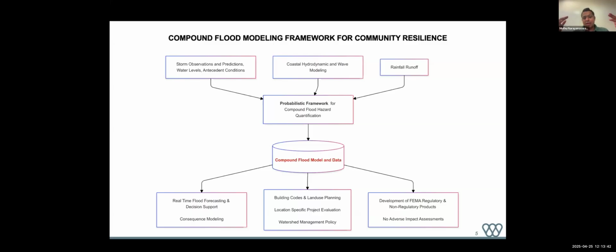There are multiple applications, right? We can also look at watershed management policy, and if developed appropriately, the probabilistic framework can be applied towards developing regulatory and non-regulatory products. It's really a multi-use case depending on how the probabilistic framework is set up. To develop the compound flood model and data, as Antonia mentioned, it's important to go towards a probabilistic characterization of the hazard